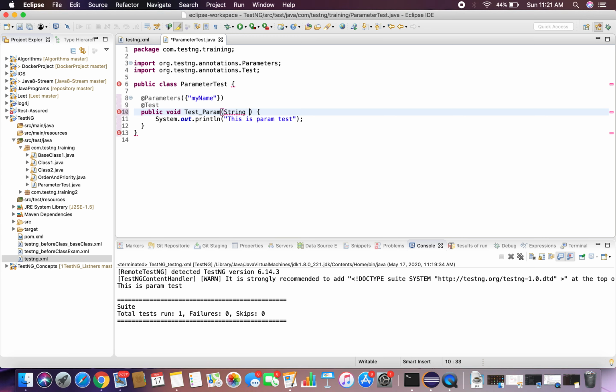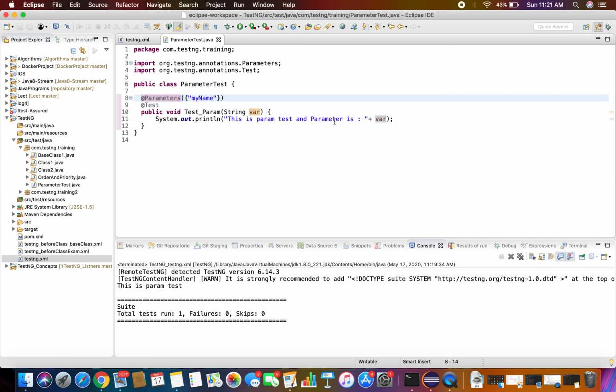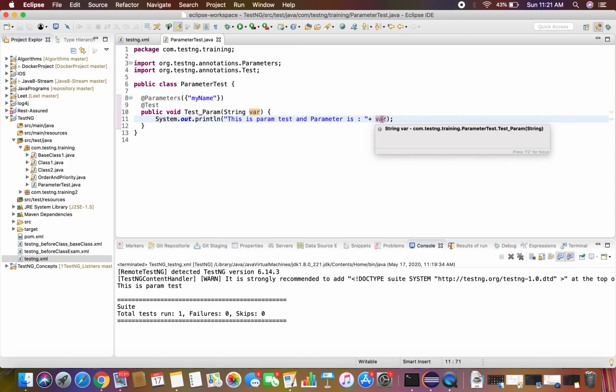That is a String parameter. I'm defining it as a string variable. And now I'm going to print it as a variable. This is how you read the parameters from the testng XML and you can use it inside your